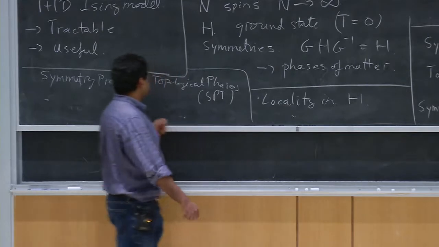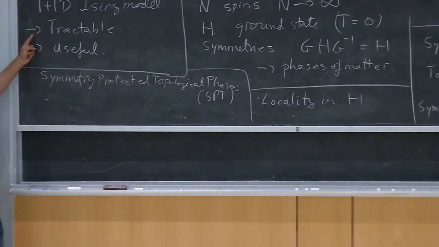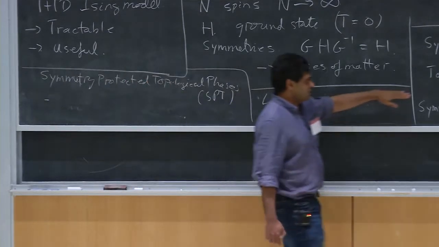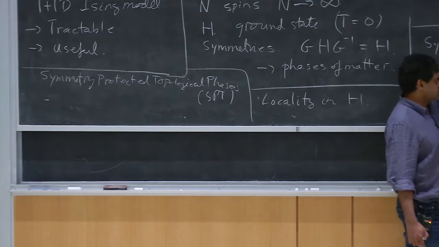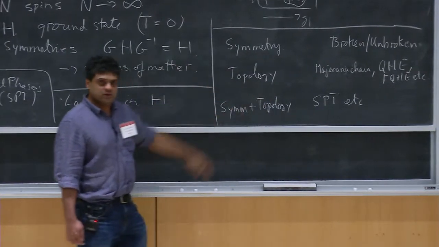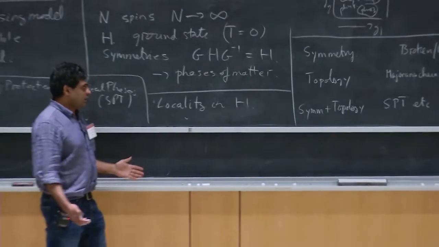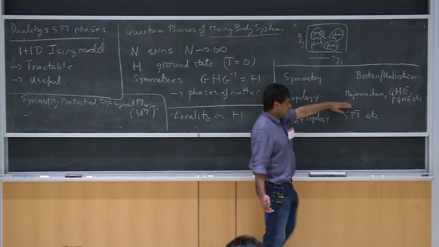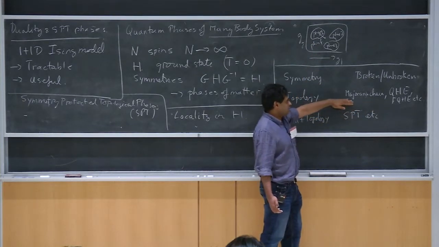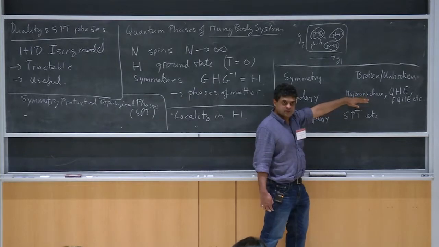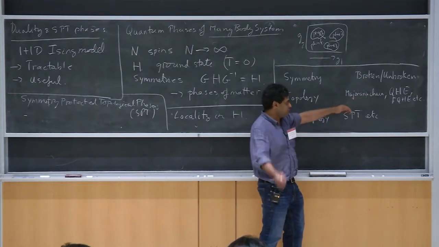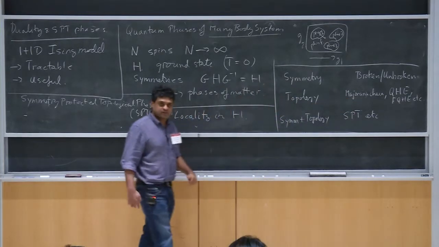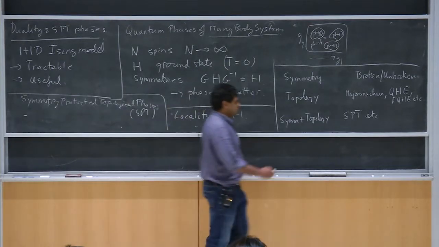For example, the fact that this model over here will have two phases will depend in a very key way on locality. And really that is what ends up giving you these different states of matter. It may seem that when you're in this situation, you have no symmetry, you just have a Hamiltonian. How come you end up splitting up states into different phases? Ultimately it's all controlled by the fact that these are ground states of local Hamiltonians, and if you preserve locality, if you don't allow for arbitrarily long range interaction, then there can still be distinctions between states of matter.